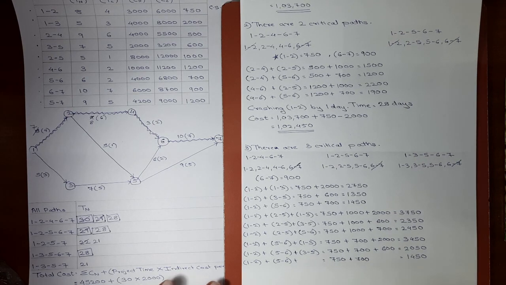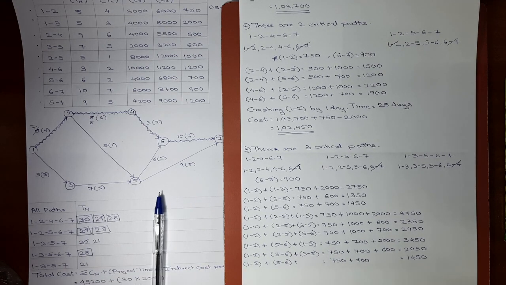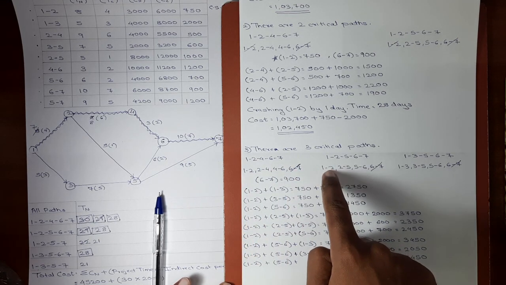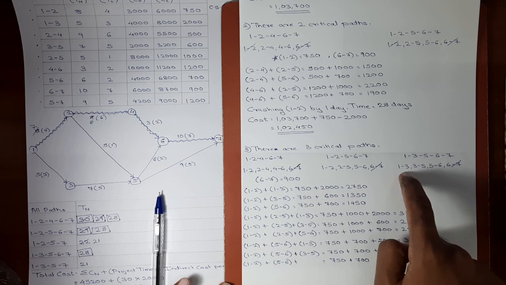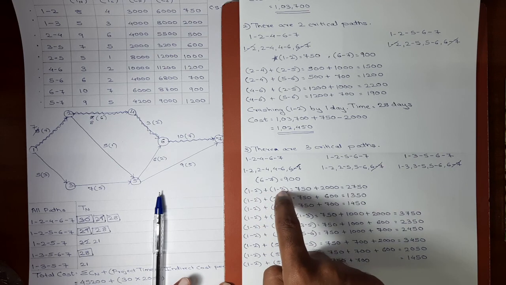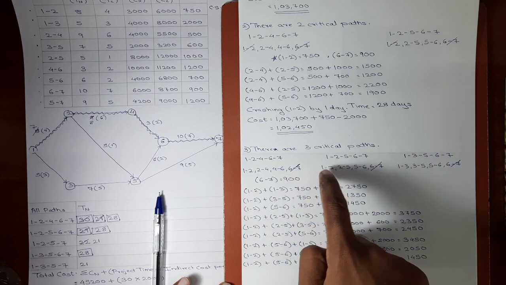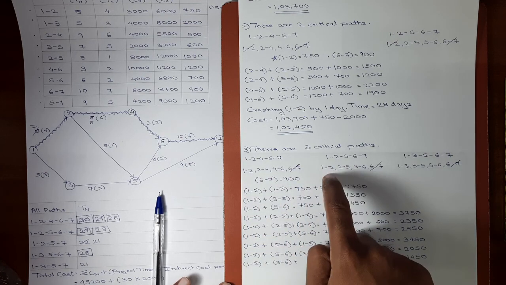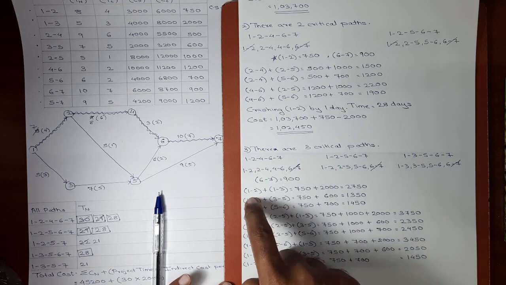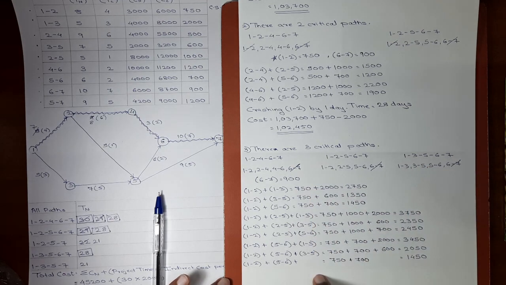This part is a bit confusing, so I'll repeat again how we made these combinations. First we took the first activity from the first path, the first activity from the second path, and the first activity from the third path. But here activity 1 2 was repeated, so we took it only once, and the first activity from the third path was 1 3. Similarly, the first activity from the first path, the first activity from the second path, and the second activity from the third path. Again 1 2 was repeated, so we took it only once, and the second activity was 3 5. In this way we made all the combinations.